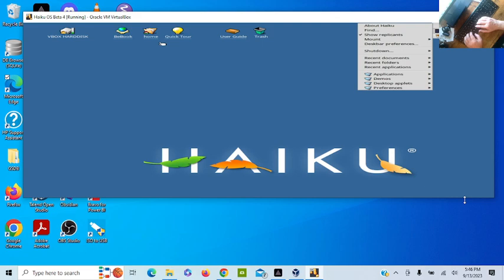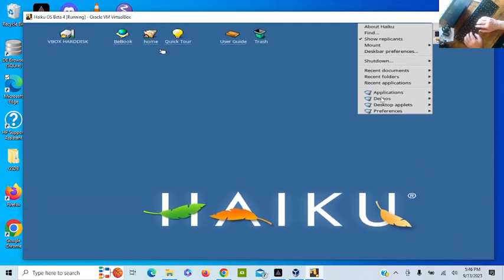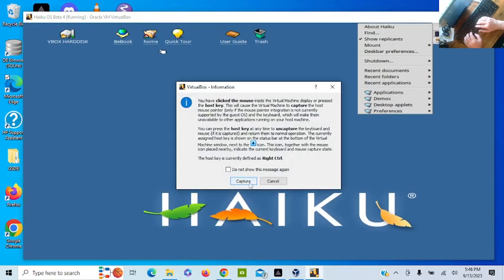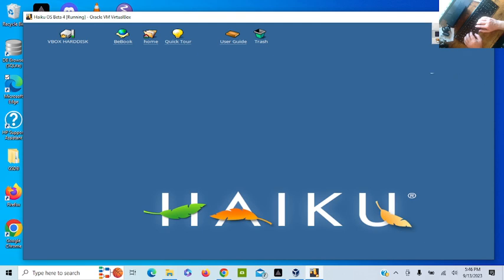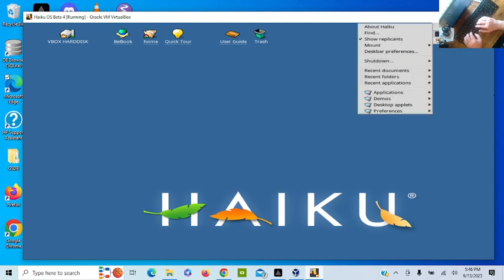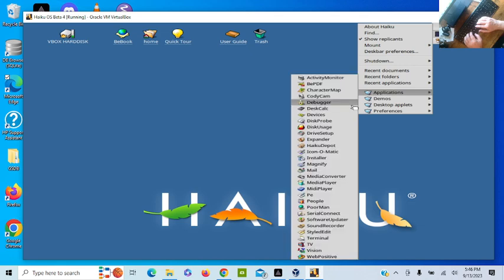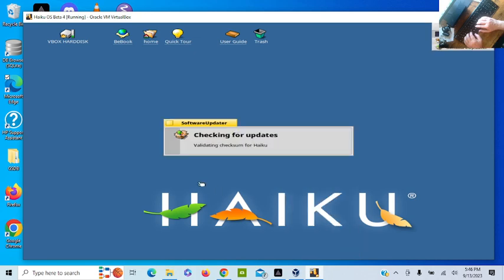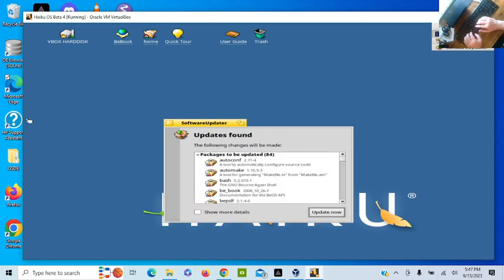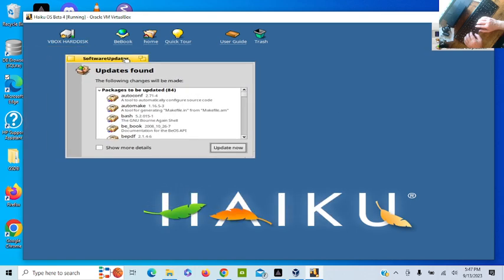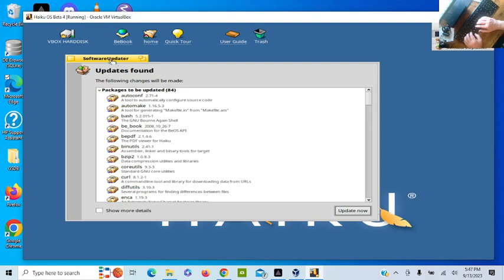Come way over here. Bring this way down here. Okay. And we're looking for software updater. The last time it got to the point where it was, I think until it got to the point where it was,